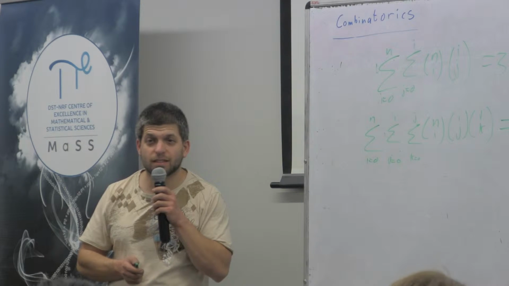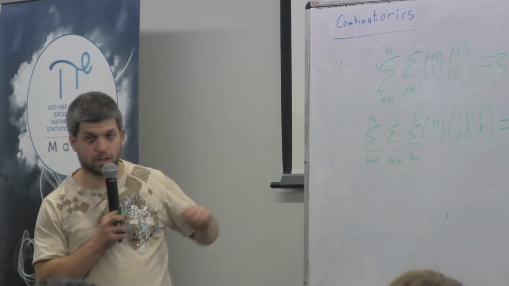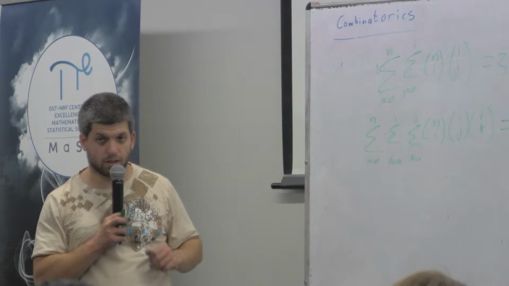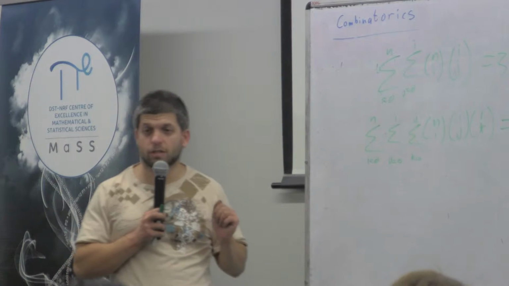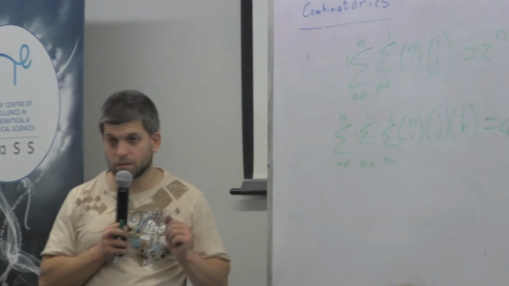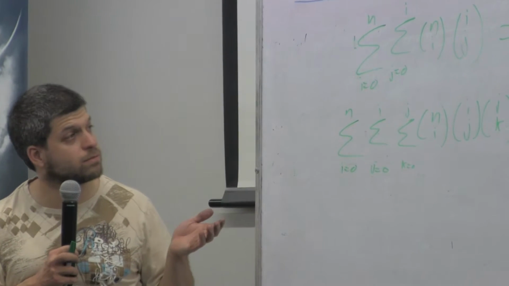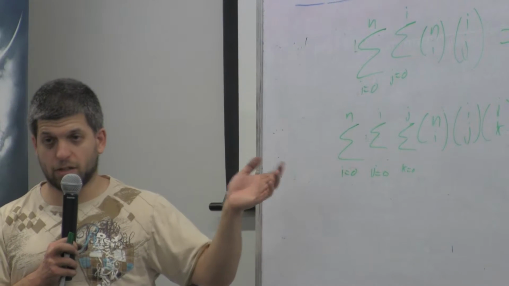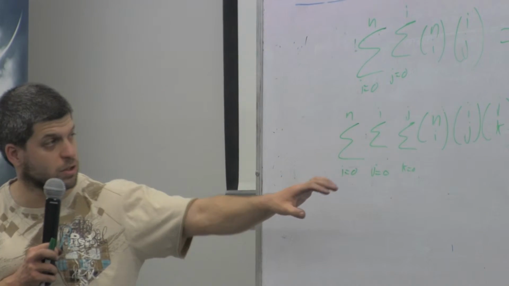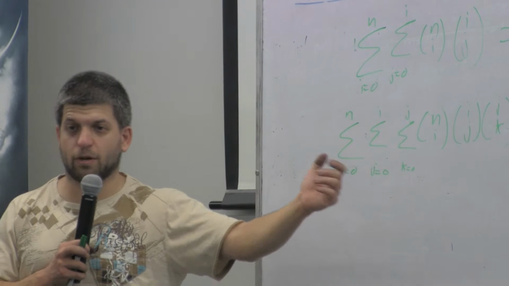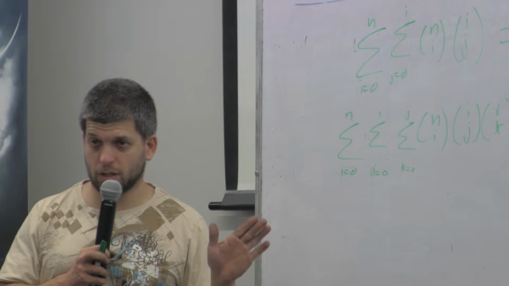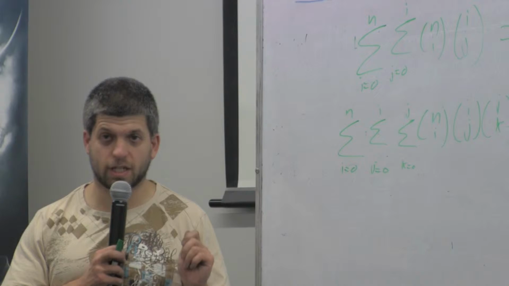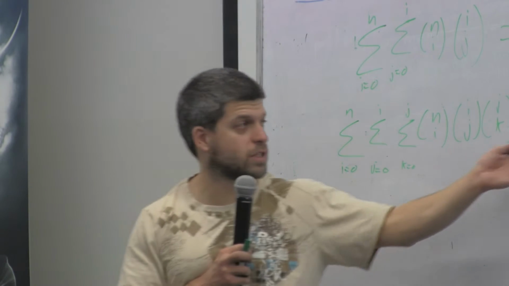So how would you prove this? How would you prove it? You write out the story. So one way to do it is you can pull out the I and the J, and you can apply the binomial theorem twice. That works. The other thing you can do is say, look, there are 4 to the n ways to put